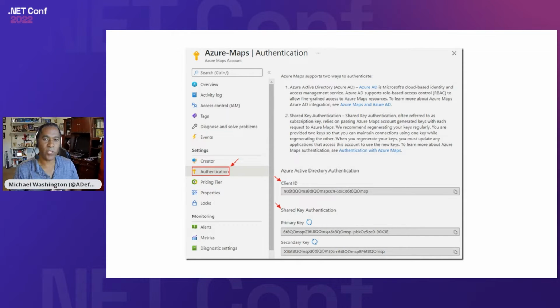However, when you're showing the maps, the code has to run on the client, in this case, the web browser, in which case your key would be seen. And if someone grabs it, they can then make calls and you would be charged. So you don't want to do that. So what Microsoft recommends for that scenario is to use Azure Active Directory authentication. And that's what we're going to cover next.